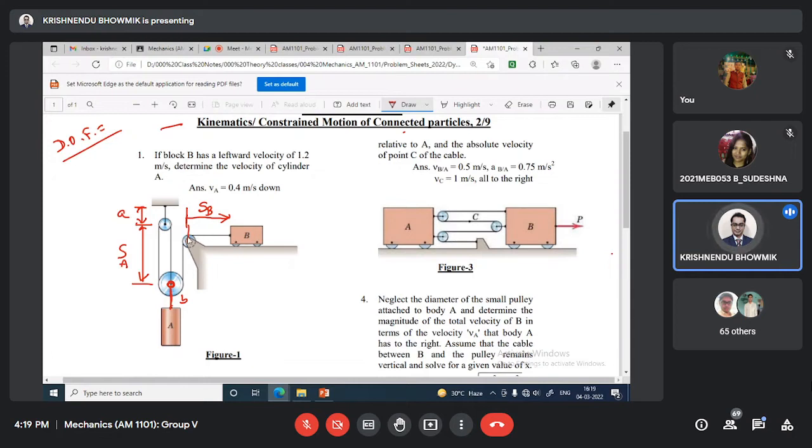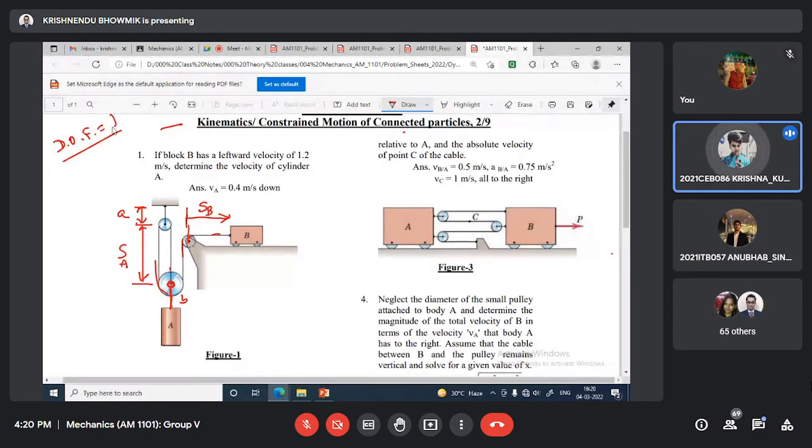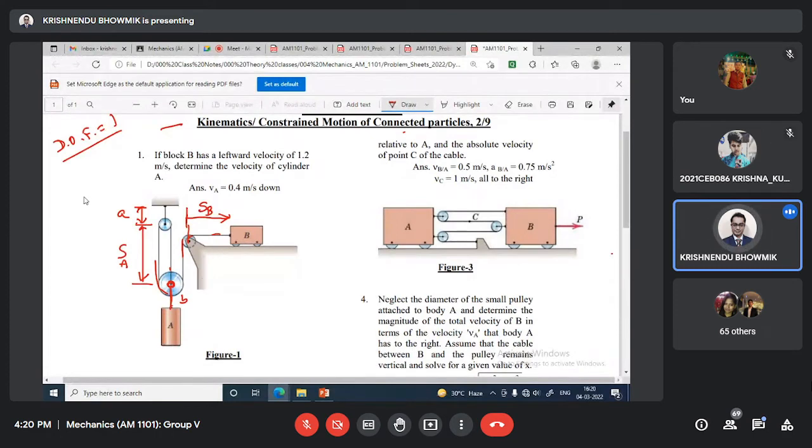It is only one cable. It is passing through this like this. How many degrees of freedom? Any input is required? Sir, 1. Very good, 1. So length of the cable